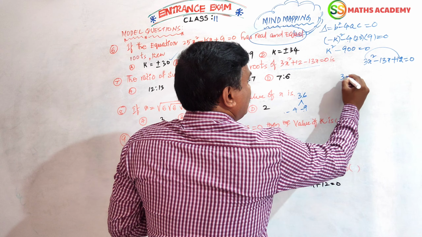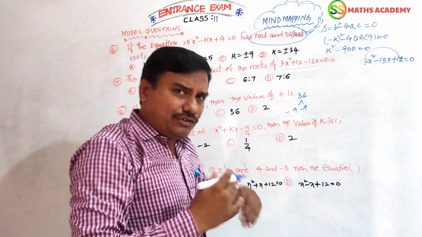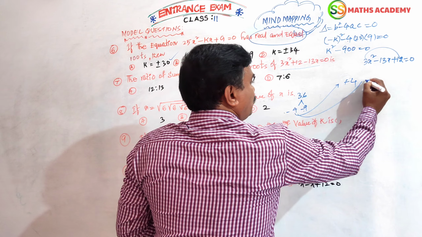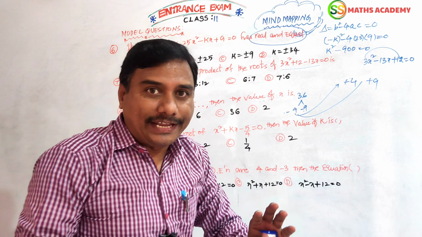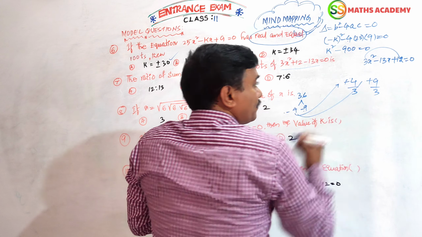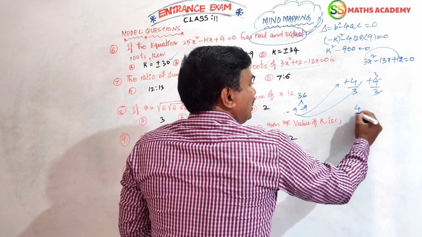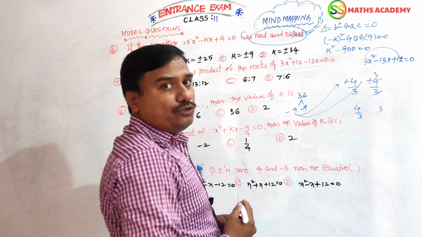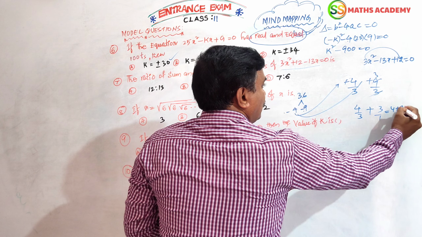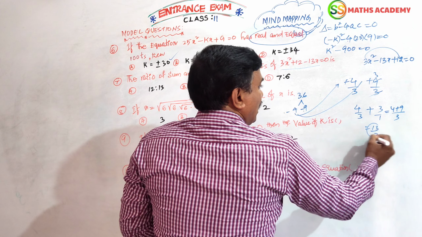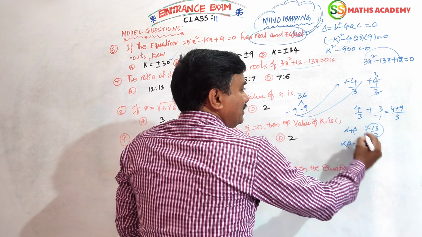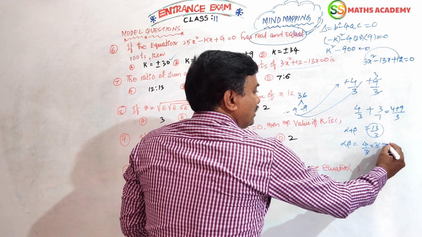Now friends, here 3x square. Now directly here also we should follow the technique. That's it. Minus 4 comes outside as plus 4, minus 9 comes outside as plus 9. Okay? Here what is the x square coefficient? That will be the divisor. Right, 3 ones are 3, 3 threes are 9. So we are getting 4 by 3 and 3 as the two roots. It's the sum: 4 by 3 plus 3 is 13 by 3. That is the sum of the roots. Product means 4 by 3 into 3, the 3s get cancelled, 4.